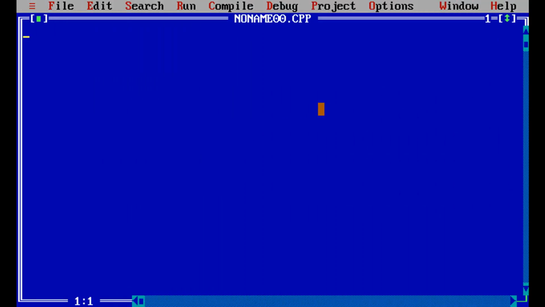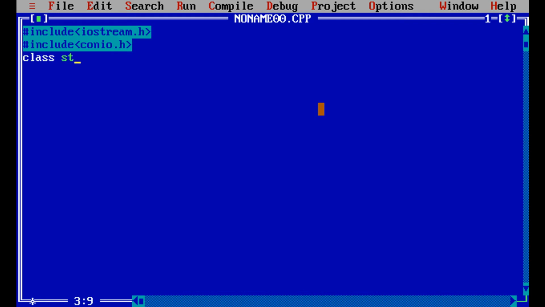As we are going to discuss single level inheritance, let us begin the program by including the header files, that is iostream.h, the first header file, and the next header file that we'll be using regularly, conio.h. Then we'll begin with the class.